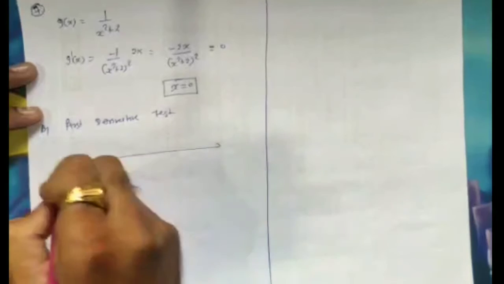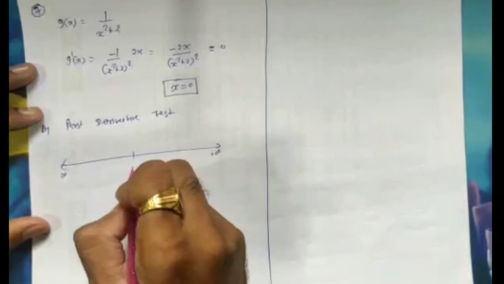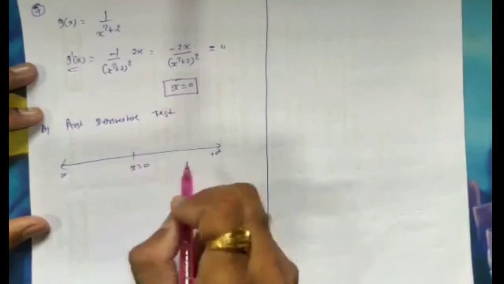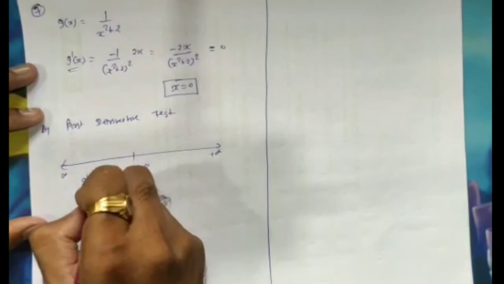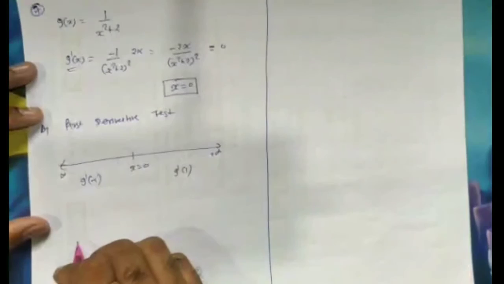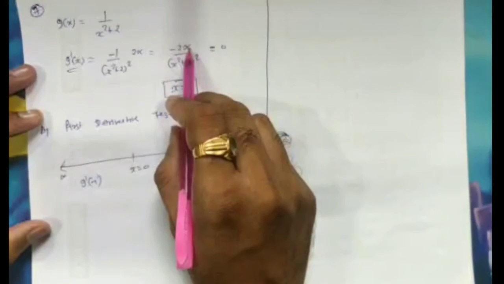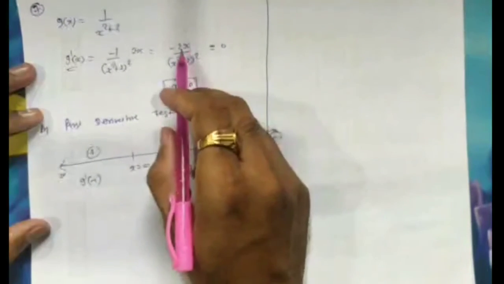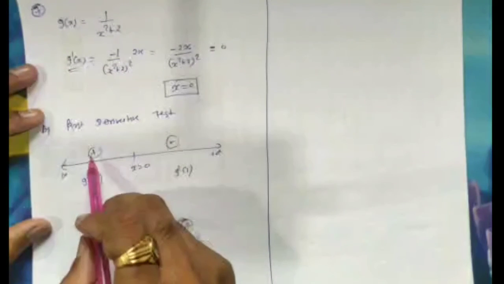सो रिकॉल करो फर्स्ट डेरिवेटिव टेस्ट। दिस इज अवर नंबर लाइन -infinite to +infinite. Locate critical point on number line. So now you have to check the sign of this g dash x on the left hand side of this critical point and the right hand side of this critical point. So here we are checking g dash -1 ले लो और यहाँ पर ले लो g dash +1, है ना। तो g dash -1 यहाँ पर रखो, तो -1, हाँ पॉजिटिव आएगा, तो दिस इज अवर पॉजिटिव साइन। और यहाँ पर 1 रखो तो ये नेगेटिव, तो ये नेगेटिव।